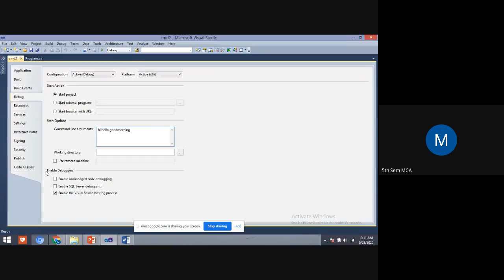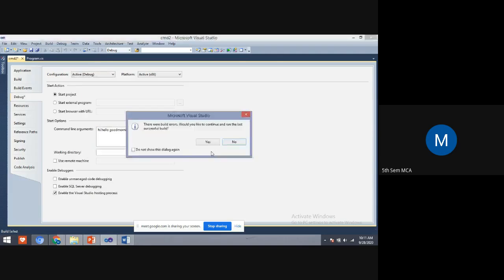Good morning. Here we just pass the arguments, students. Now click on the start debugging option.